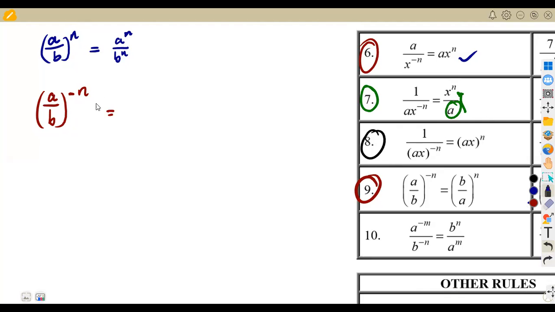I interchange what is inside here, and this becomes a positive. Take note. So I'm going to have b on top, a goes down, so you just tip those two, so that will be b over a. And this changes to a positive. Once you have this, you can now go back and say whatever I'm having here can be simplified as b raised to the exponent of n,